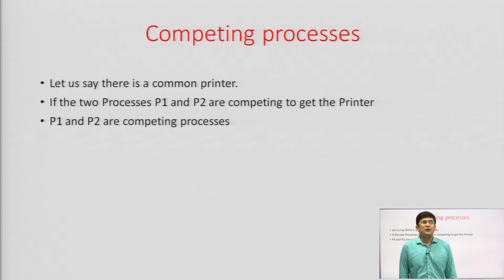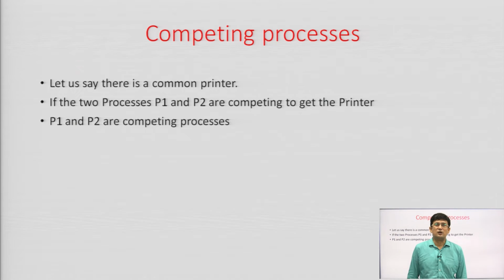There is another kind of problem which is known as the competing process. Competing process means there is a single resource for which there is a competition between different processes. For example, there is one printer and there are several processes trying to use that printer. So, we should maintain an order between the competing processes such that the printer is used by one process only at a time. We are dealing with the cooperating and the competing processes.